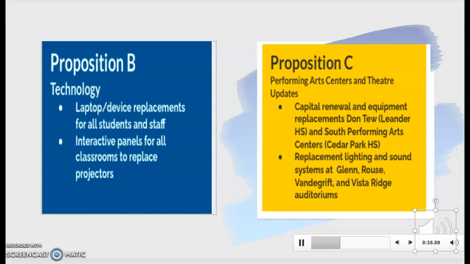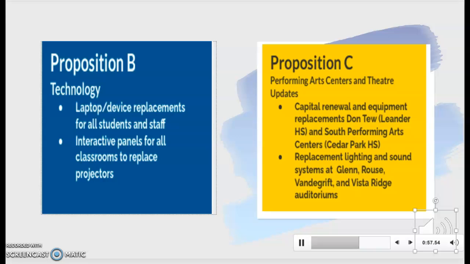The other thing is using a 5 to 7 year replacement cycle. The bond will provide updated laptops and devices for all classrooms, students, teachers, and staff. As an internet service provider for more than 45,000 students and staff members, the bond also includes projects to replace fiber equipment and broadband facilities to improve connectivity, speed, and reliability.